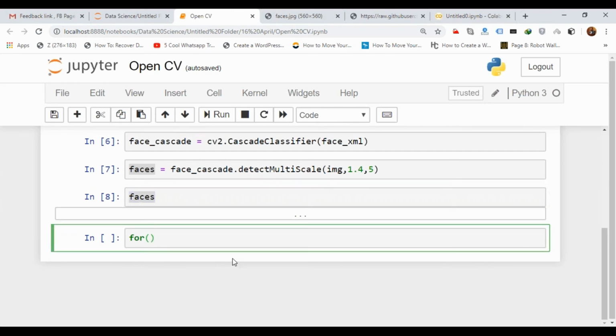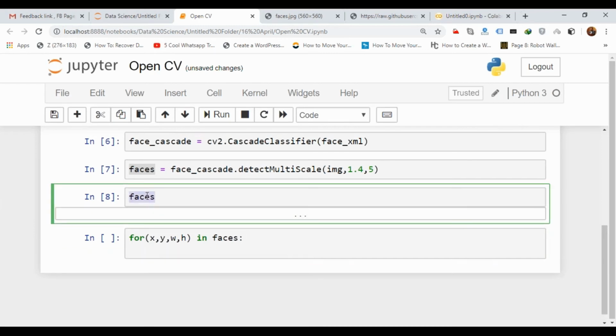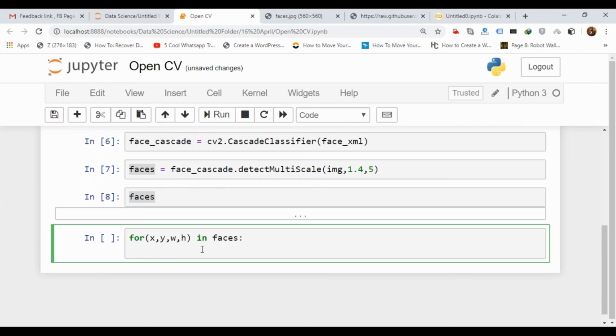Now we will use a for loop, and in the loop we will take four variables: x, y, w, h. I already explained what these 4 parameters are. We are applying the loop on faces. Now I have to draw the rectangle on each and every face.